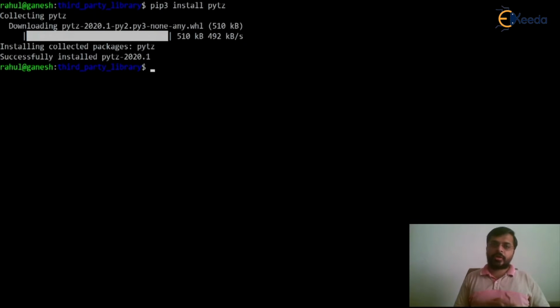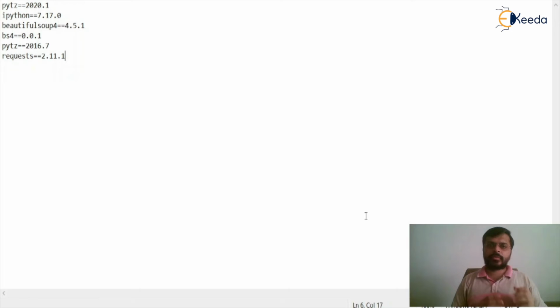Make sure that on your machine you might have pip3 or pip. Depending on the machine and the Python version that you have, the pip version might change. Python developers work with dozens of third-party libraries. So to share the software that the developer has written with other developers, they use a requirements.txt file, which looks